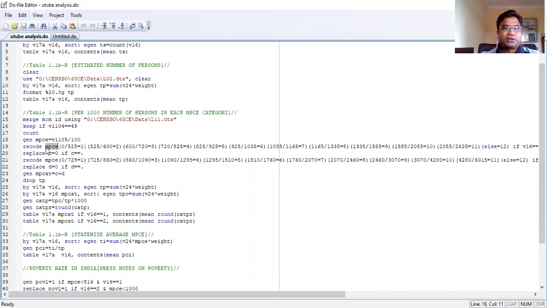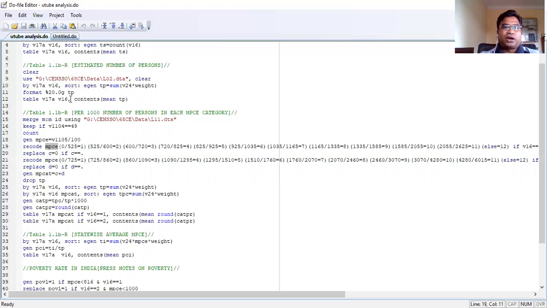Now have a look at this MPC. What we need to do is first figure out where this MPC variable is. I told you earlier that the MPC variable is in level 11, variable serial number 49, that is V1149. That variable corresponds to the MPC URP. And if you check the questionnaire, that particular variable says that the numbers are in paisa. So first of all, I need to bring my level 11.